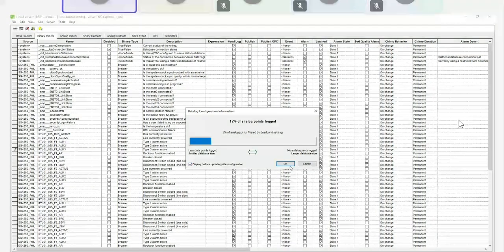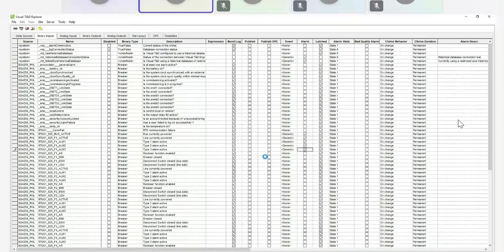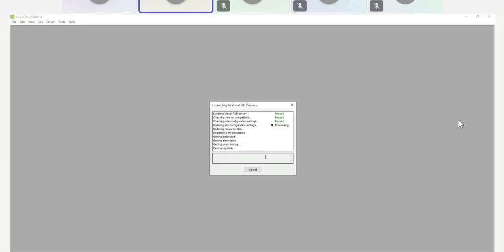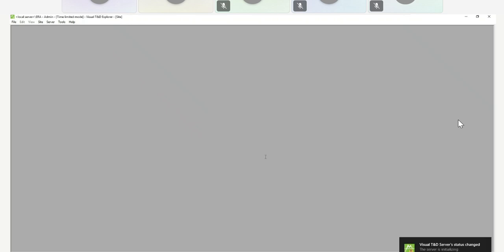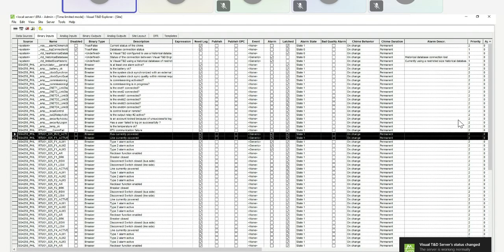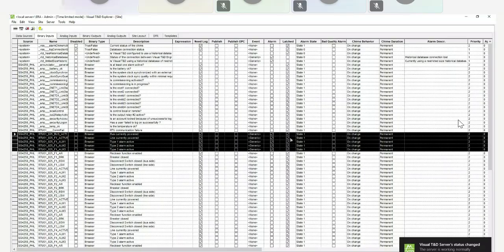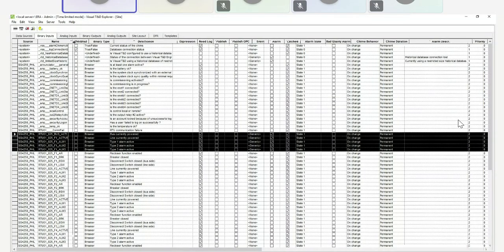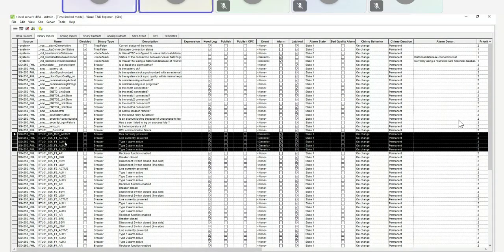I will just update. So currently I configured these points as an example: bus active, F1 active and alarm.